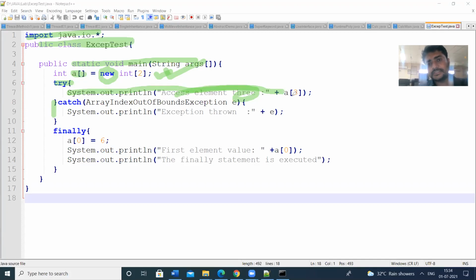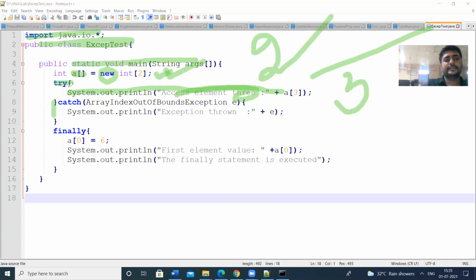The array index starts with 0: A of 0, A of 1, A of 2, A of 3. A of 3 means we are getting the fourth element, but the array size is 2. This gives an array index out of bound exception. Actually the array size is 2, but we are trying to access an element that is not available in the array. So there is an exception.